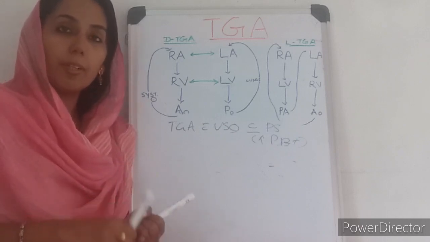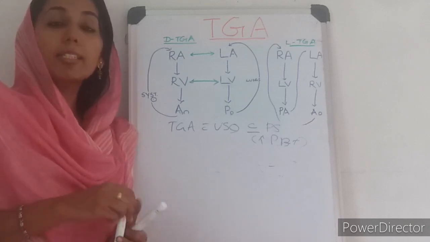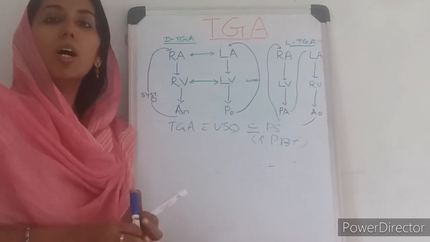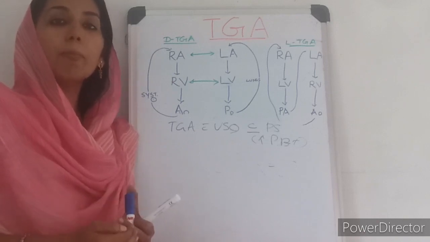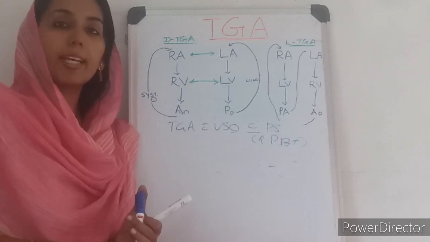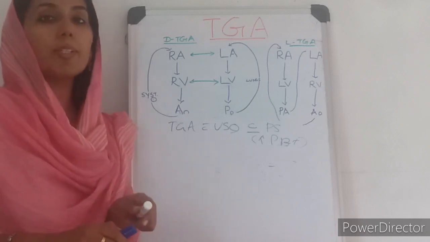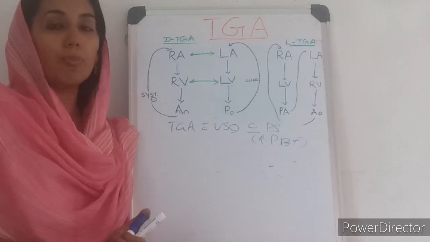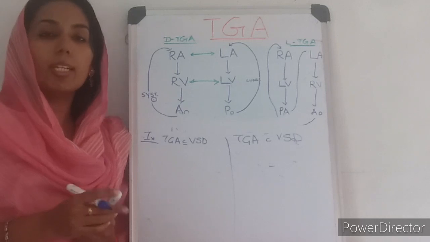So on examination we get a mild cyanosis, we will get the features of CCF like tachypnea and other things. Now when we see the S1, again normal, S2 will be single or widely split. There may be an ejection systolic murmur, but the grade will be more. It will be around grade 2 to 6 ejection systolic murmur in case of a TGA with VSD. And TGA with VSD with pulmonary stenosis will behave like a Fallot's, which I have already discussed in the class on top.